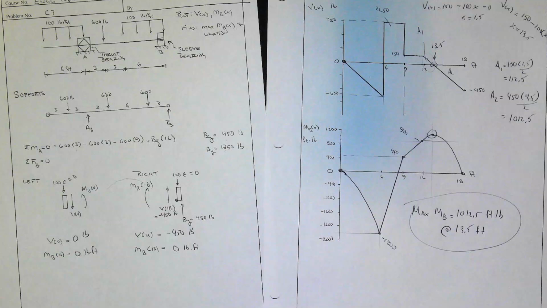All right, so I need the equation of this line. So it starts at 150. So shear here starts at 150. All right, easily done. And the slope is just the bending moment. So minus 100x. I'll set that equal to 0 and solve, and I get x equals 1.5. So from here, 1.5 over takes me to